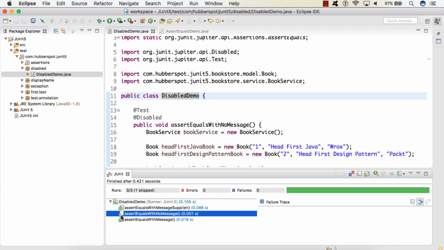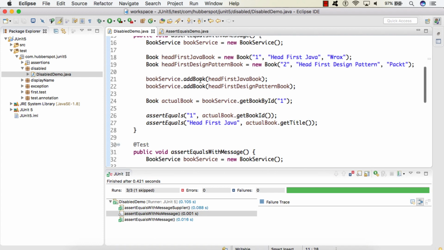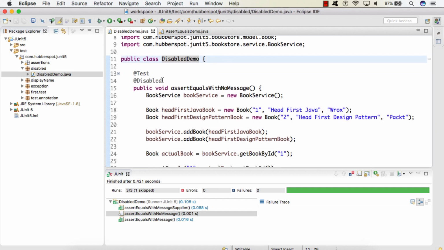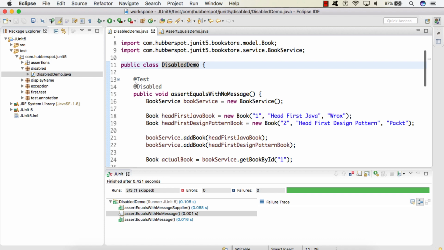Here is a symbol which says that this test case got skipped, and here also you can see that it ran 3 and 1 was skipped. As soon as we ran the test class, only those test cases got executed which didn't have the @Disabled annotation on them. So friends, here we saw how we can skip a test case using the @Disabled annotation.